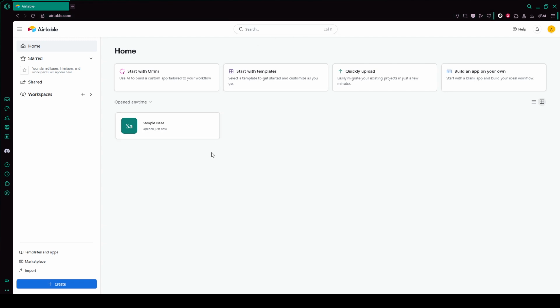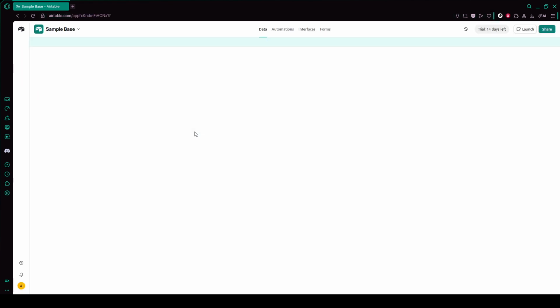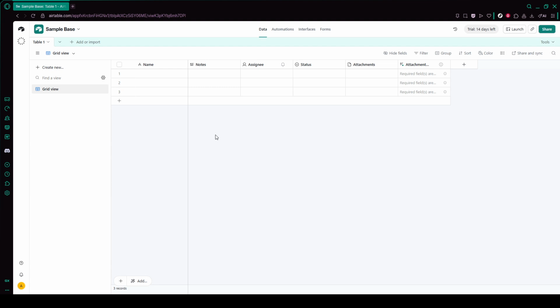Next, open the base and then the table where you want to collect your survey responses. This is important because every answer people submit will be stored as new records in this table. Take a quick moment to confirm that the columns or fields in this table match the kind of information you want to gather. You can always adjust fields later, but having a rough idea now will make building the form